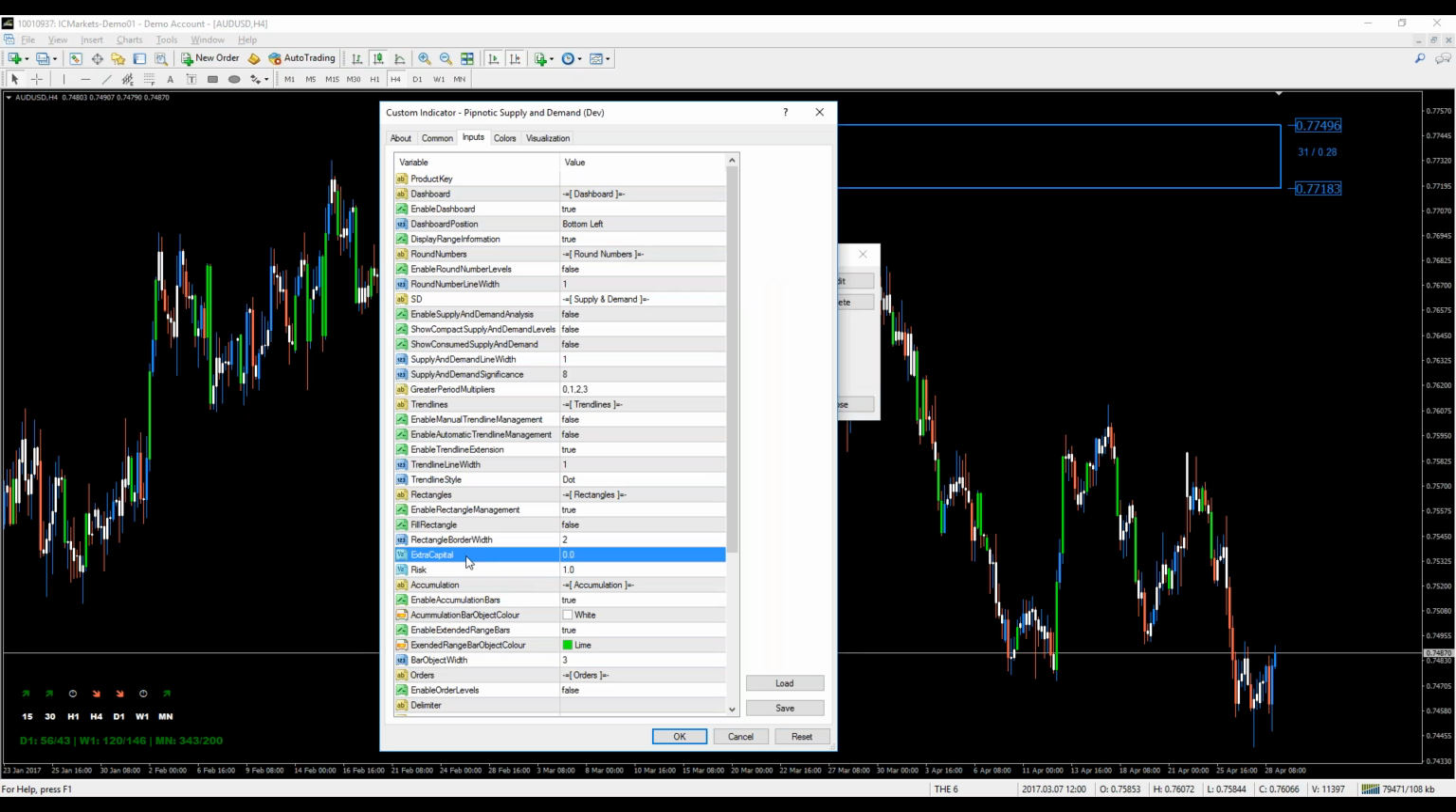So that's a pretty nice feature that enables you to quickly mark these areas off and enter positions. Then there's something called extra capital, and this is pretty important because some brokers that some people use